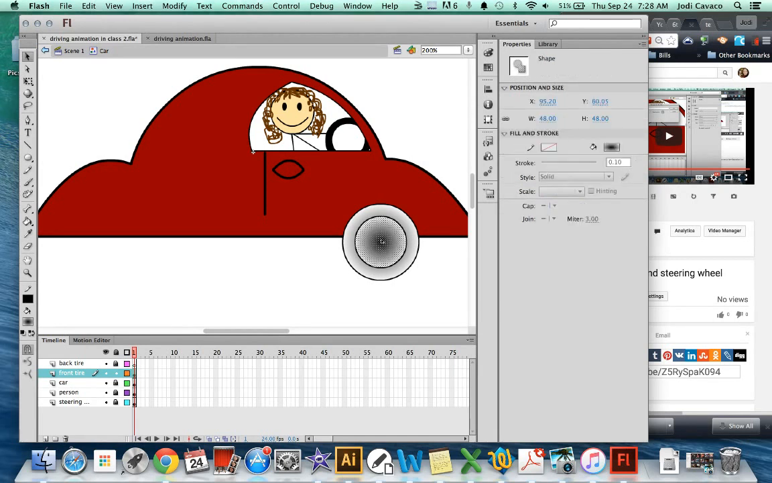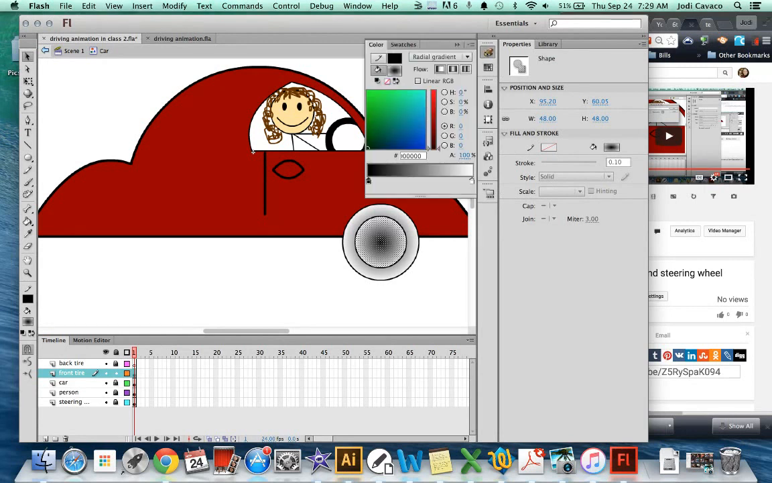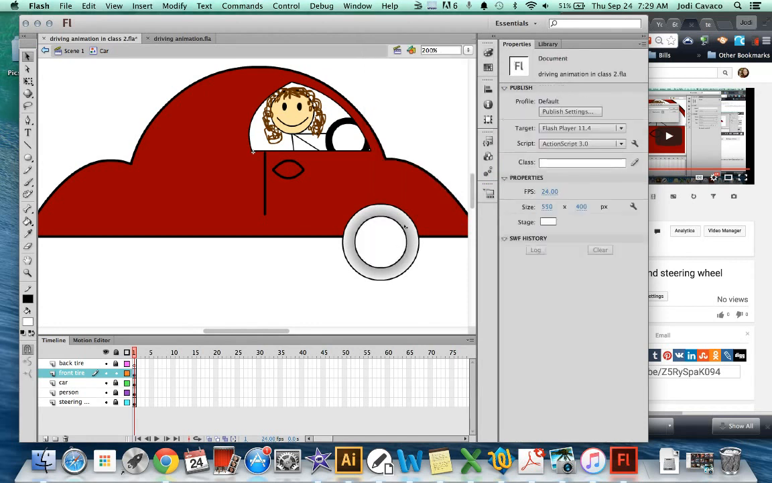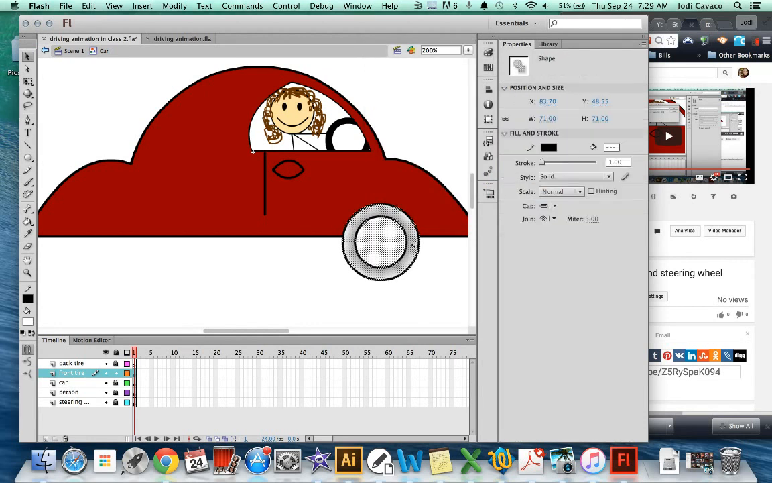Okay, now I'm going to click in here, and I want mine to be, let's say, white. You can make yours whatever color you want. I'm going to change mine to solid, and I'm going to do white. Okay, for this part of the tire, I'm going to make it a radial, but I'm going to make it